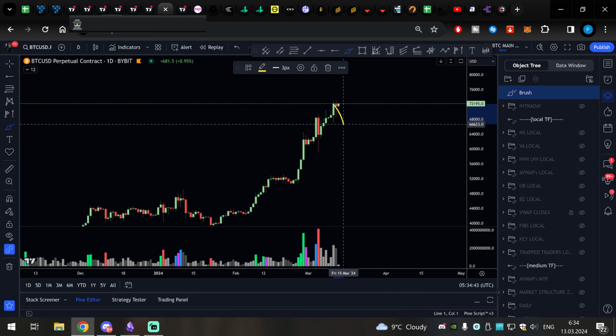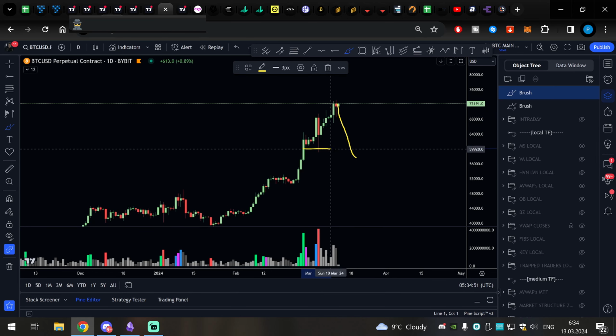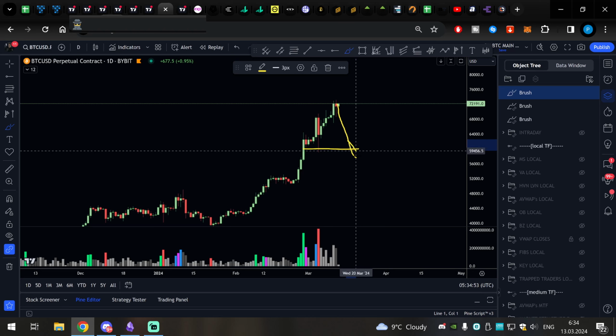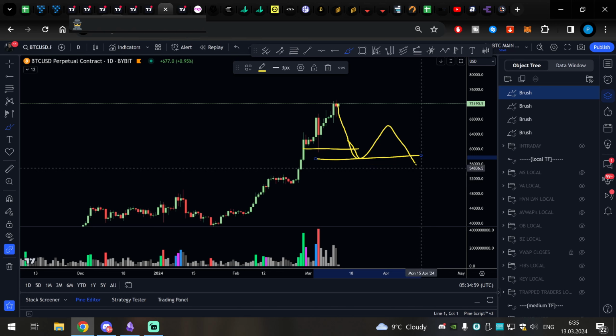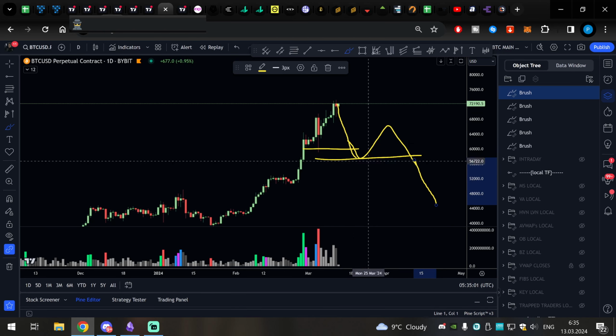If we go to pullback, still great. We can do like this. But for example, if you would drop right now like that, and below that low, we would do something like this. Now push to the upside, putting lower high, and we go like this. Now we can expect much deeper pullback because we have high time frame market range to the downside.